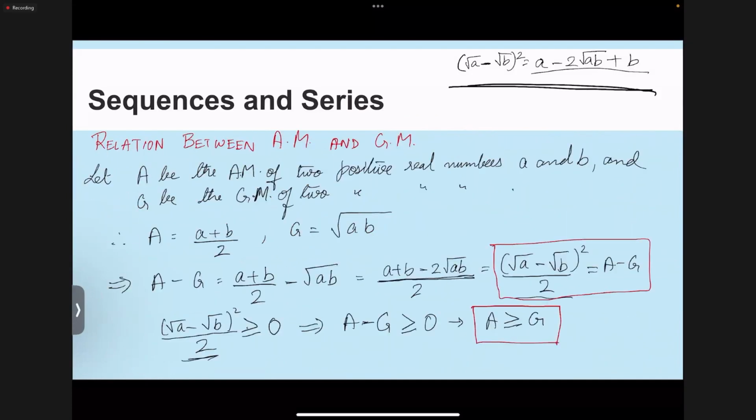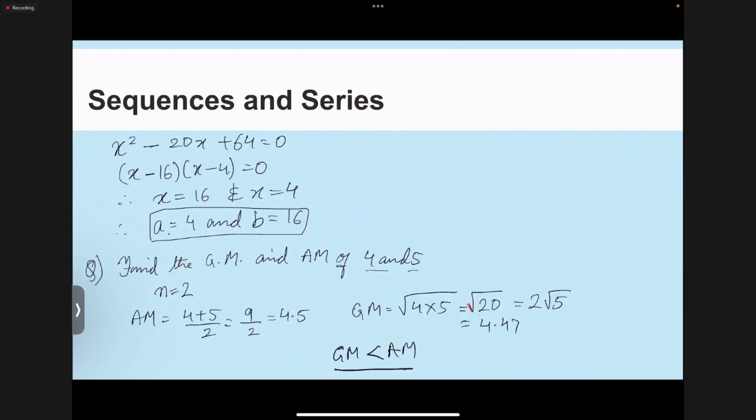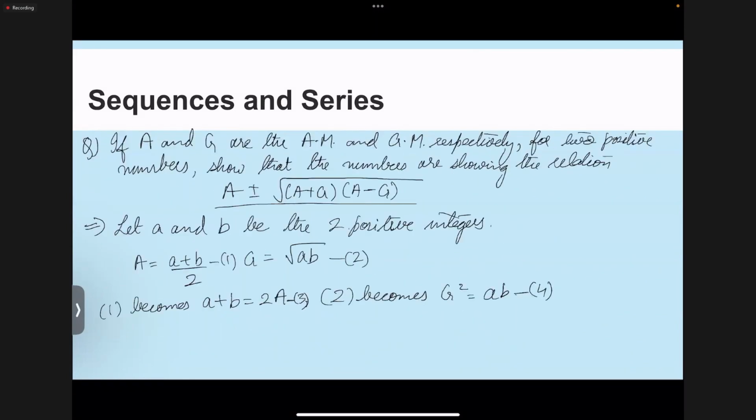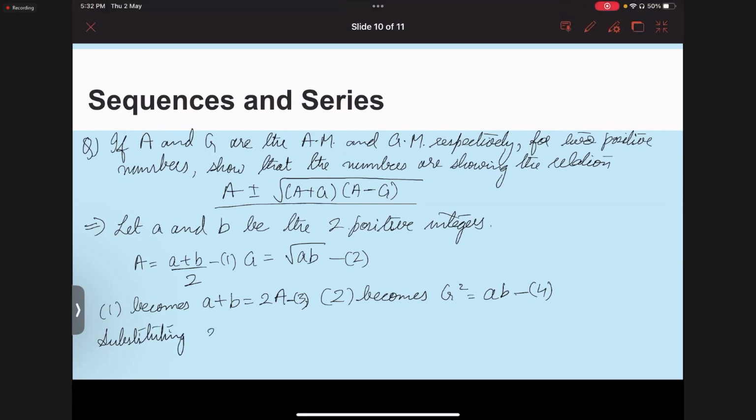So in place of root a minus root b, we will use a minus b, because we have everything in terms of a plus b and ab right now. So substituting 3 and 4 in the identity,